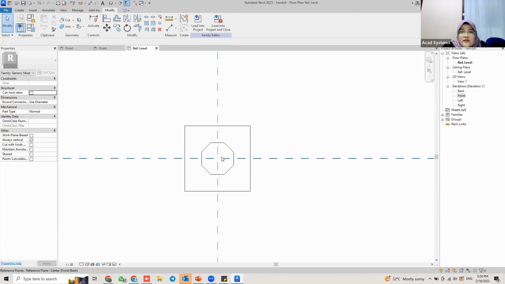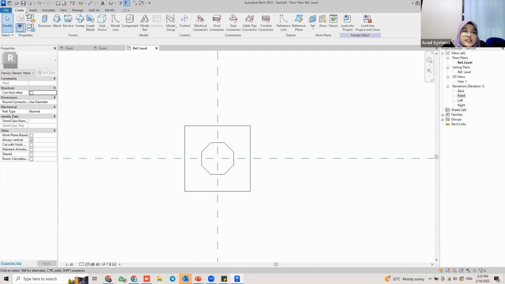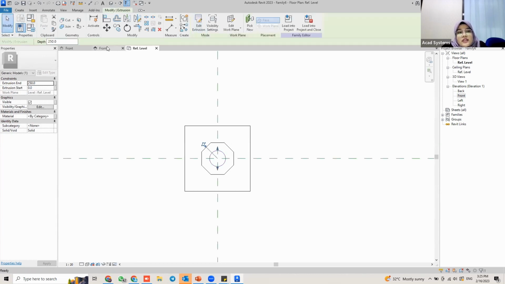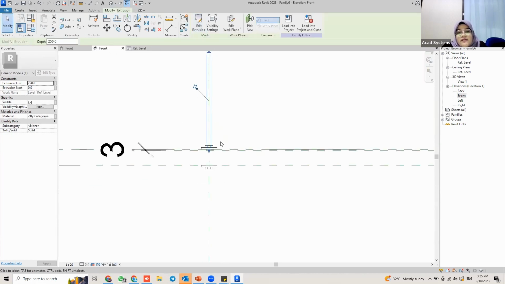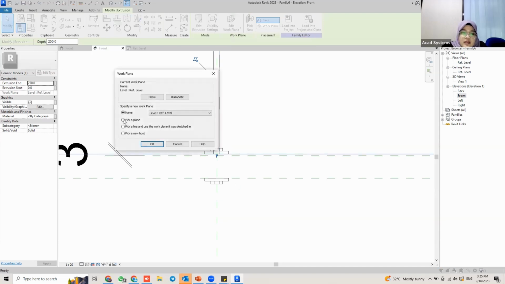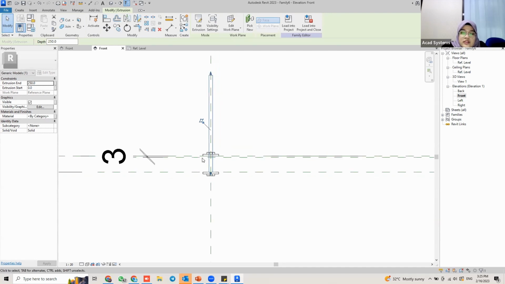So next, go to reference level for our dropper or our thread. So go to create. I'm going to create a rod. Okay, click on extrusion, and right now I'm going to use circle. Start at this center, and the size will be 5. Okay, then click on finish. Go back to front level, front elevation. I'm going to change the work plane to make it down here. Click on work plane. Click on this one,